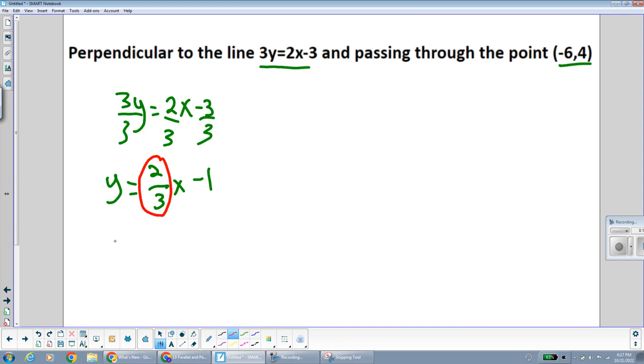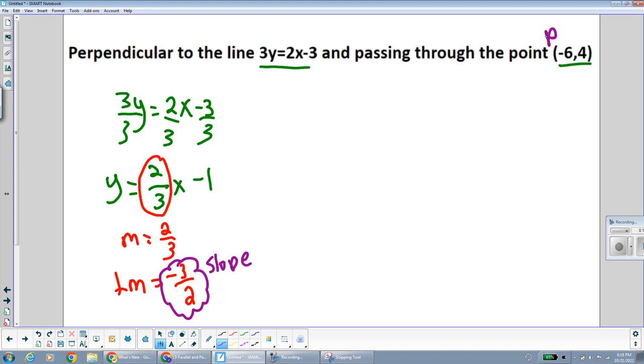So we need the slope of the line perpendicular to this one. And we know that perpendicular lines have opposite reciprocal slopes. So I'm going to flip the slope of the original line, the reciprocal, and I'm also going to make it opposite. I'm going to change the sign. And this is going to be the slope that we're using for our perpendicular line, our line that we're writing. Now I have my slope,